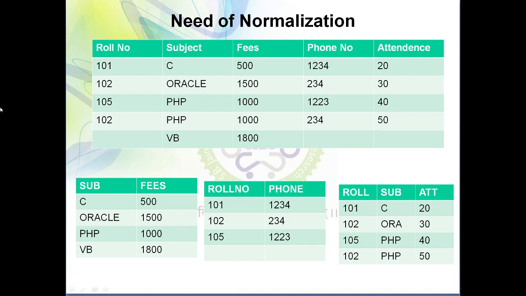So in that case I am going to change the phone number in the second row. So instead of 234, the new phone number is 123. So I have updated it over here, but is it enough to make the updation in the second row? No, I need to update the fourth row also. That means I need to update it multiple times. Now in this case only 2 rows are there, so I can update it very easily.